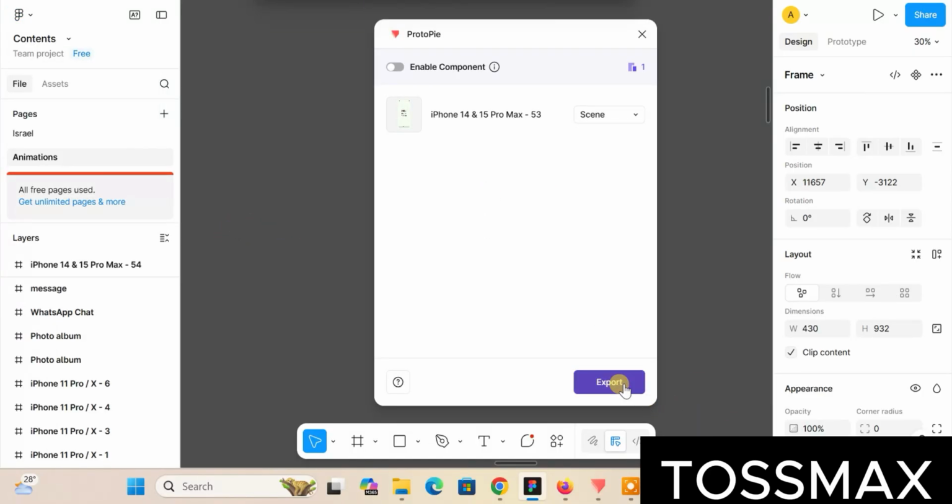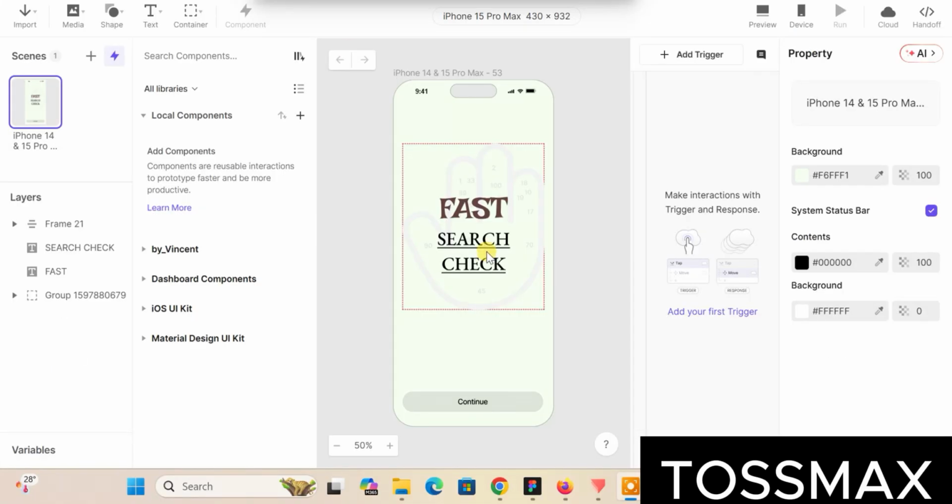and I'll click on export. This will export this design into my Protopie. And here is my design being exported from Figma into my Protopie. The next thing I'll be doing is to add some triggers into this design, which I'll be doing in